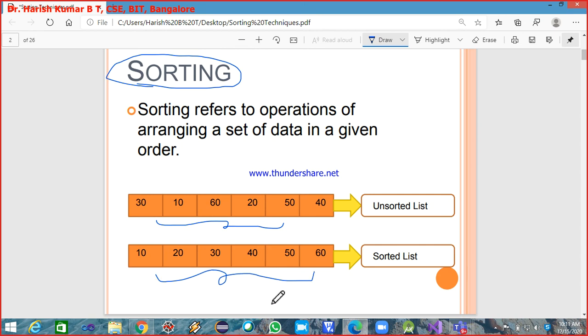What techniques can be used to sort this unsorted list into the sorted array, either in ascending order or descending order? Now what we are seeing here is the unsorted array sorted into an ascending list, and similarly you can also sort it into a descending list. Okay,